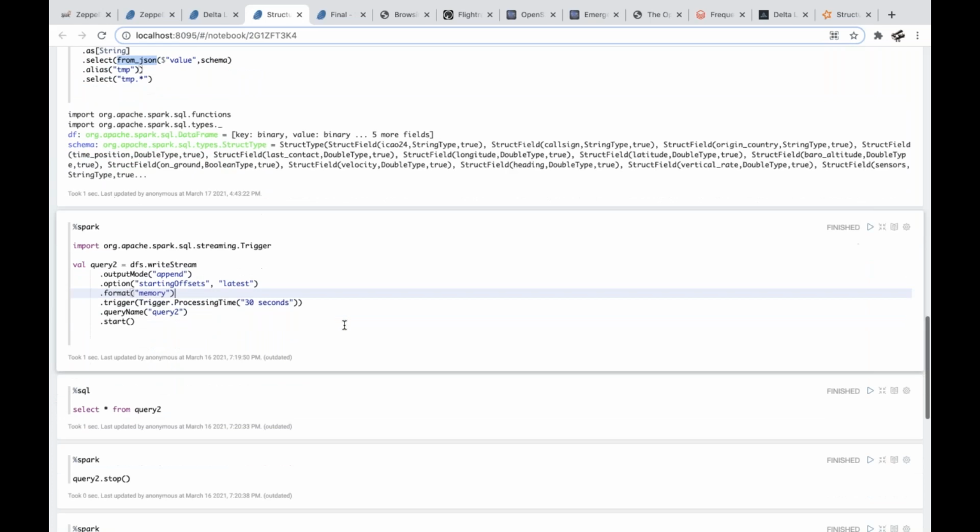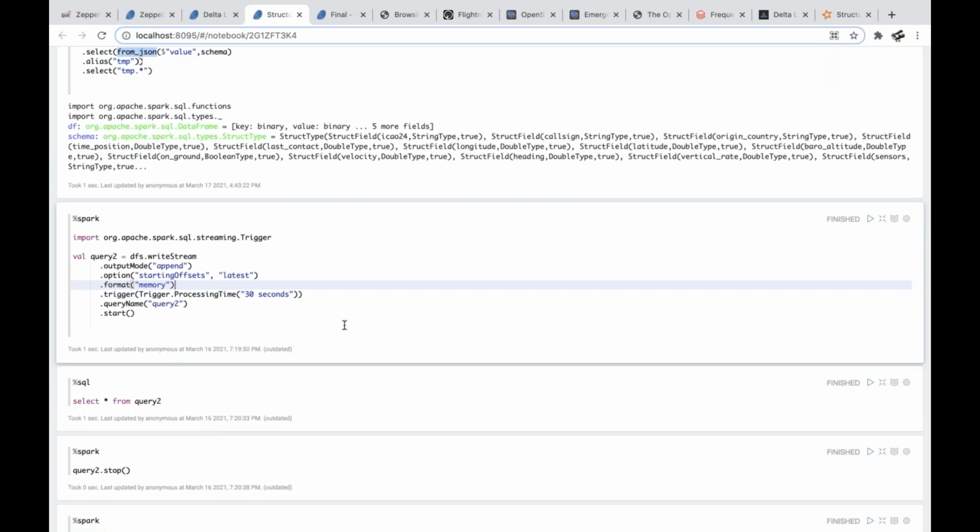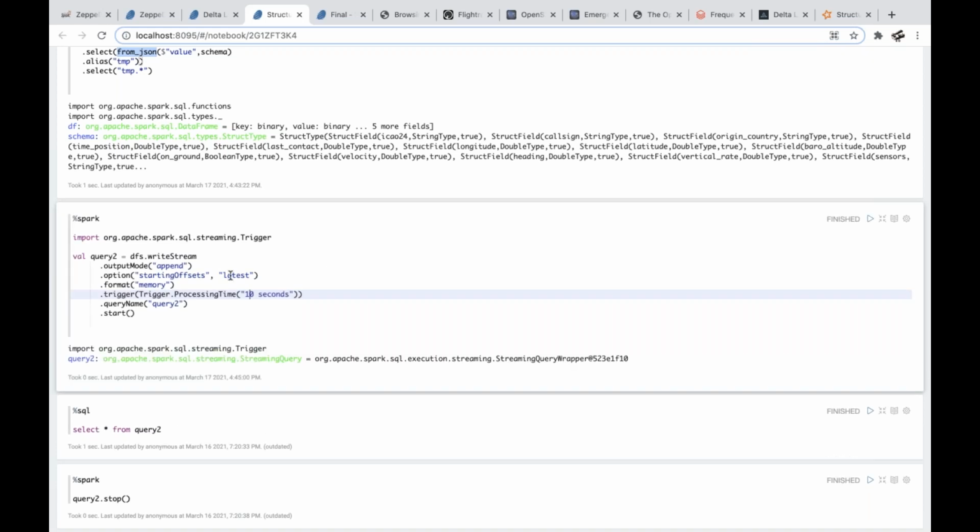And now this is the part where I am able to start structured streaming. But instead of the continuous processing, I would like to use some kind of 30 seconds batch. Is that possible? Yes, it is possible. And in here, for the sake of speed, let's not do the 30, but let's do 10 seconds. So each 10 seconds, it will do the calculation, and it will send the data in memory in append mode for us.